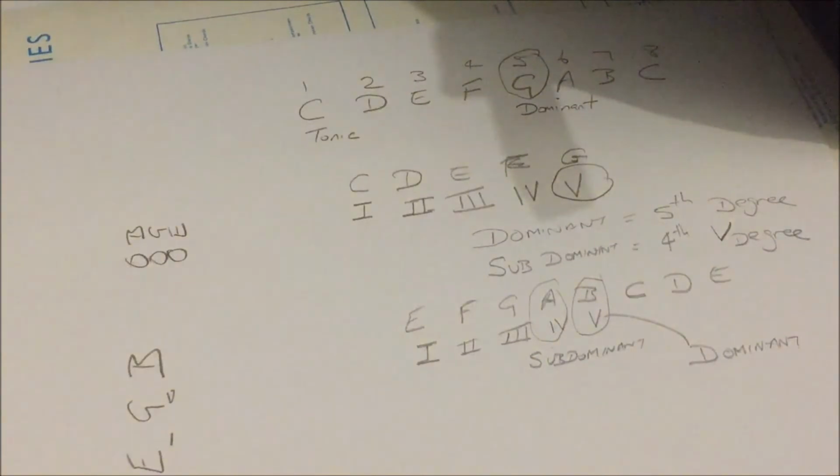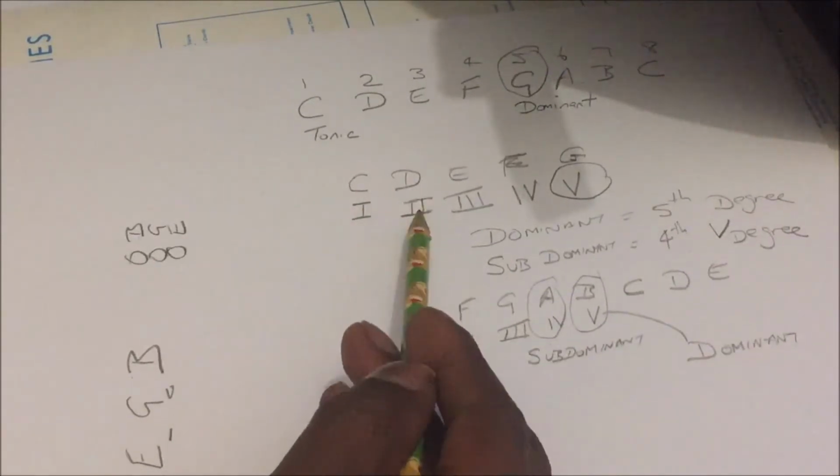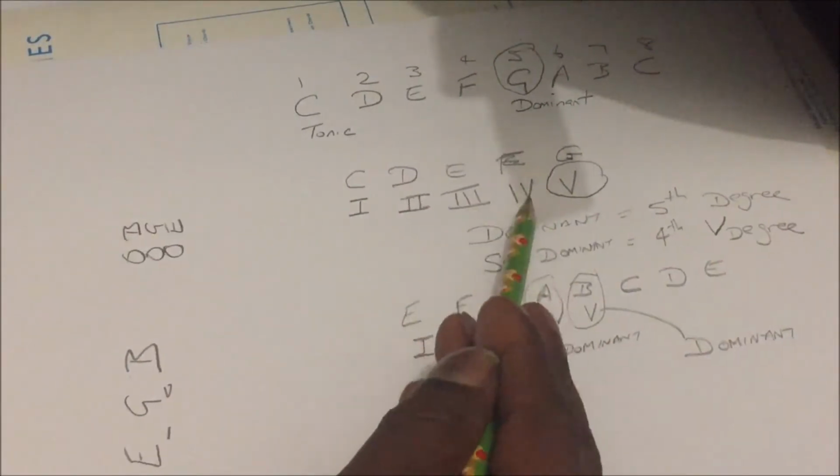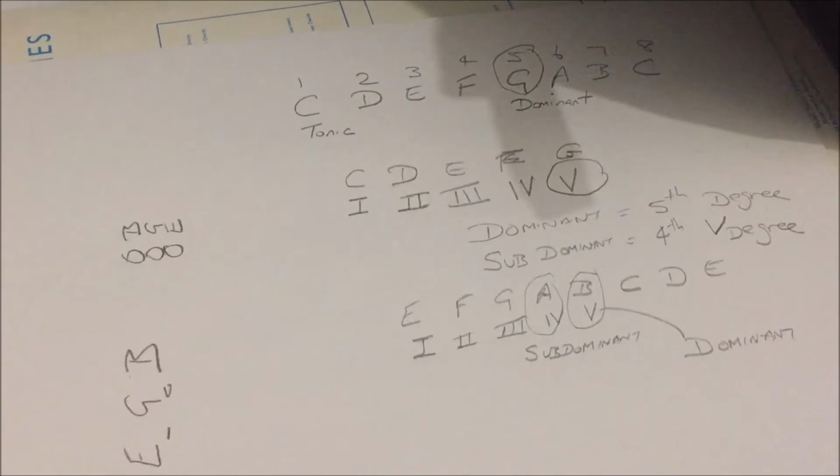In C major, what is the subdominant? I'm losing focus here. That's better. Sorry about that. The subdominant in C major is F. C is 1, D is 2, E is 3, 4 is F. Subdominant equals IV. Okay, so let's look at